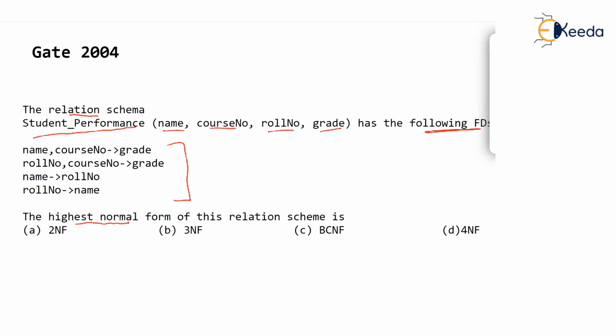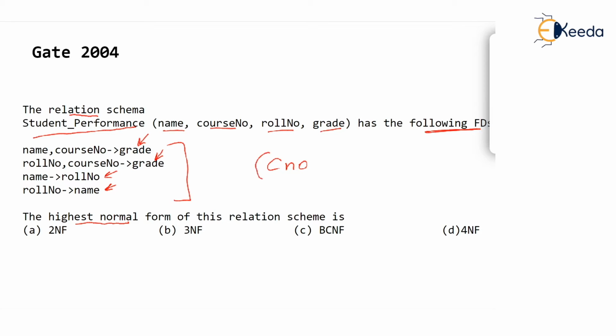I told you whenever you check in which normal form your table is, it is always better to check from BCNF, the highest normal form. But before that, you will have to find out the candidate key. Now check the right hand sides of all the dependencies and you will see out of name, course number, roll number and grade, grade is there on the right hand side, roll number is there, name is there. Only course number is not there on the right hand side. So I have written in short CNO for course number. Then one thing is sure, CNO must be part of the candidate key because nothing can determine course number.